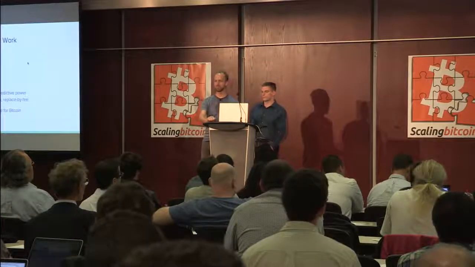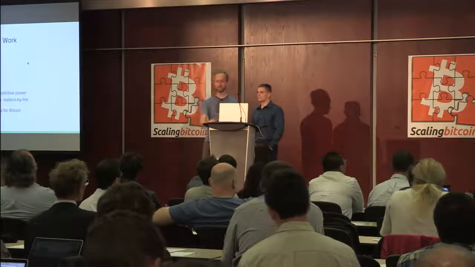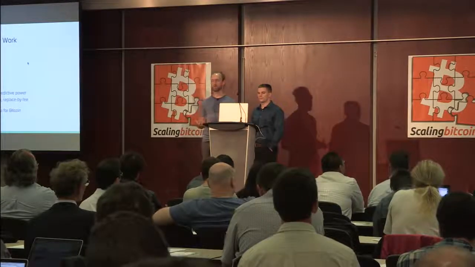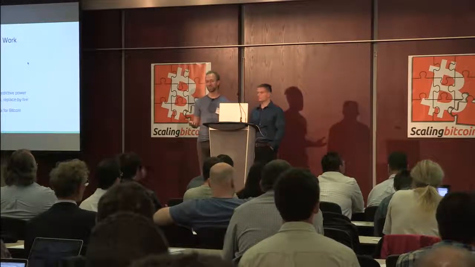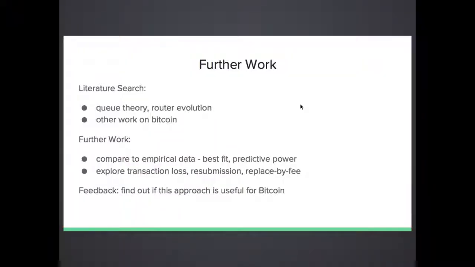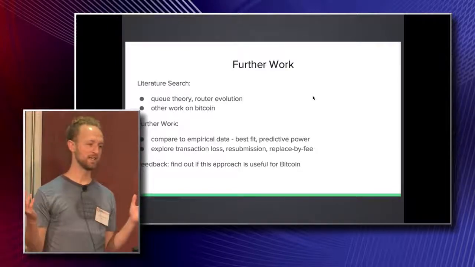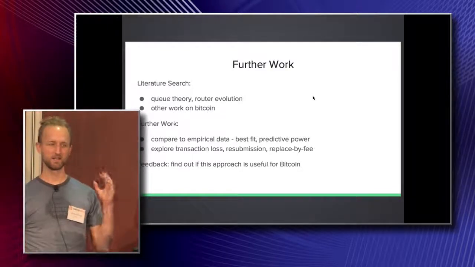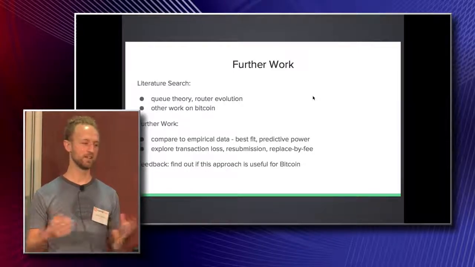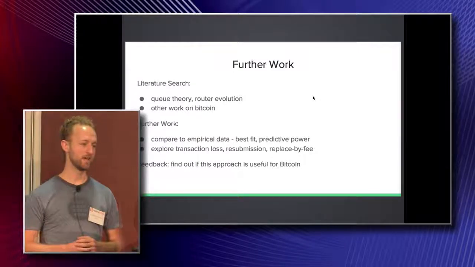So we need to do further work, obviously, but one thing we need to do is more background work, because this seems like a fairly simple problem or model that would probably exist elsewhere in the history of router design or evolution. And we're not that familiar with queuing theory, so this is sort of our weekend project to discover for ourselves. And also, I wouldn't be at all surprised if there's other work specific to Bitcoin that we're just not aware of, because there are many fire hoses of information about Bitcoin.